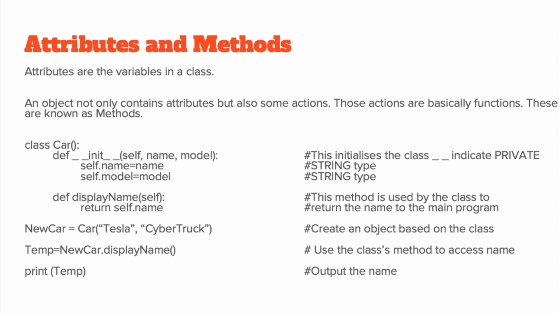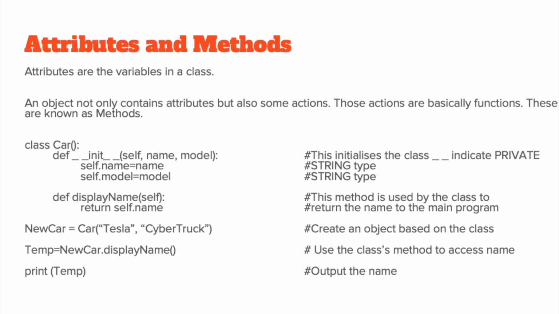Now our new car already has a name, already has a model, and what if I want to find that out in the future? I simply say temp is equal to new car dot display name, and that method will return Tesla back to the main program and put it in a variable called temp, which I can then print out. So do pause the video and study this in a bit of depth if you are new to classes